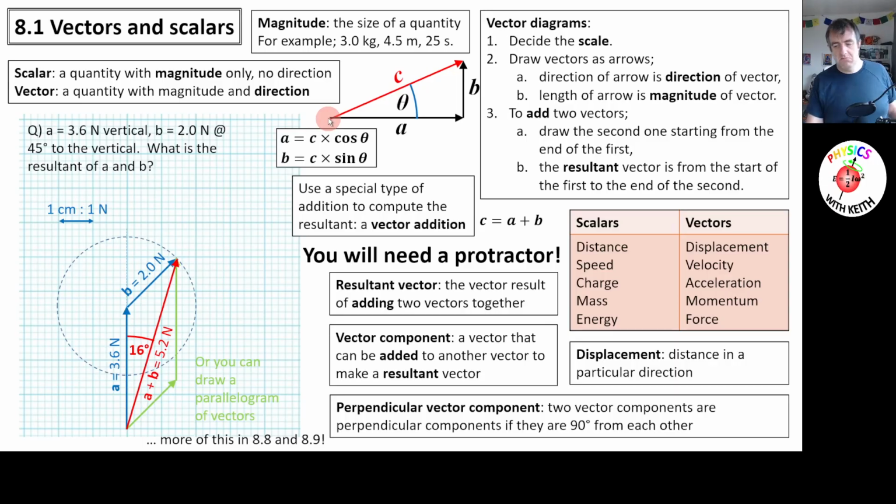Well, I'm starting here. I'm displaced horizontally, so I end up here, and then I'm displaced vertically, so I end up here. So my what we call resultant displacement, the resultant of any vector, is what you get when you add the vectors together. The resultant displacement is this one I've labelled C. So as a vector addition, which is a special kind of addition, we're saying A plus